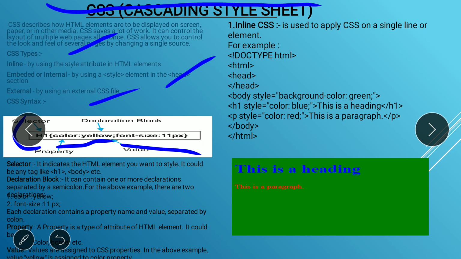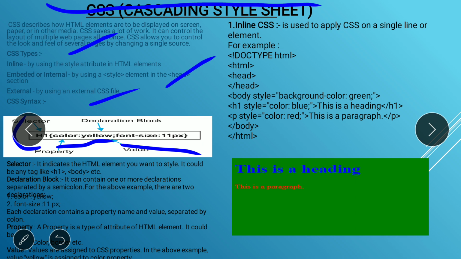So what is the syntax? First you have to write down the tag, also called the selector, and after the tag you have to mention the curly bracket, and in that curly bracket whatever CSS you have to apply, you have to write down in between that curly bracket, right. Here on h1 we applied two CSS properties. First one is the color and second one is the font size.